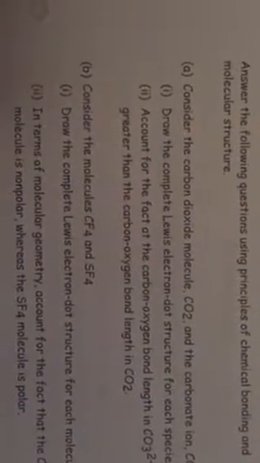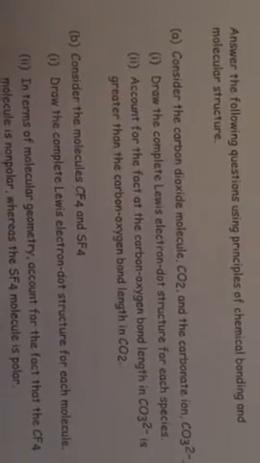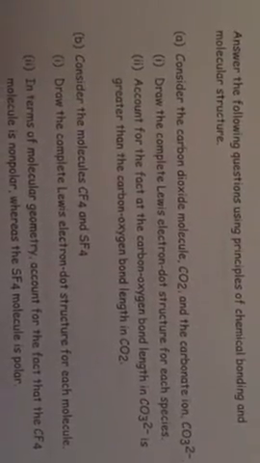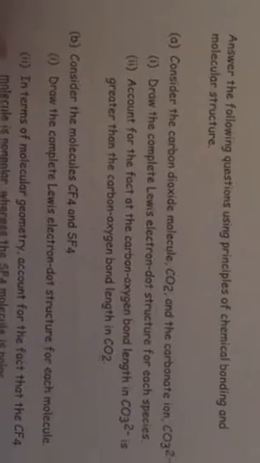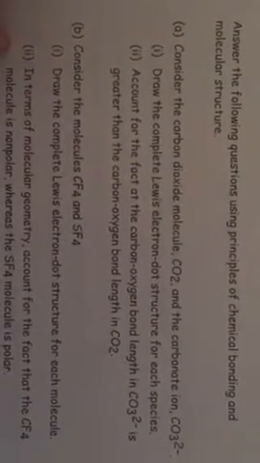Part B says consider the molecules CF4 and SF4. And it says draw the complete Lewis electron dot structure for each molecule. Part B I says CF4 here, C in the middle with 4 F's around it. And then SF4 is similar. It's got S in the middle with 4 F's around it, but it has this lone pair here, which makes